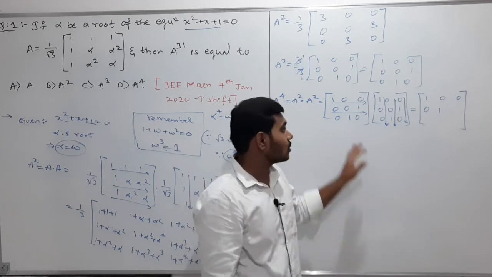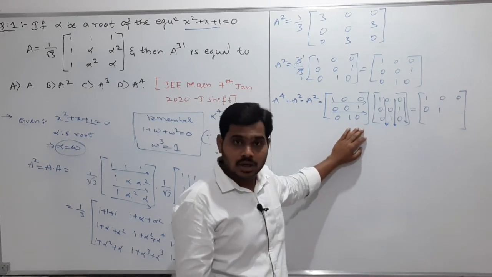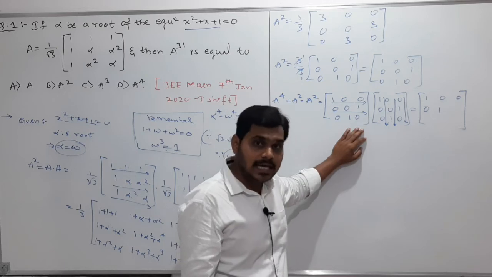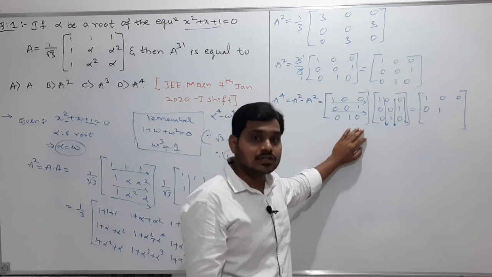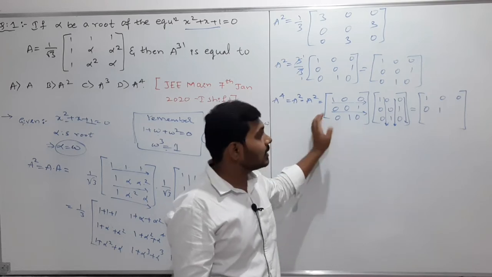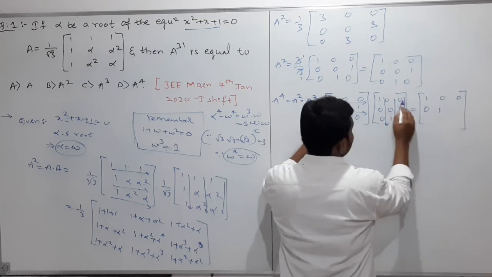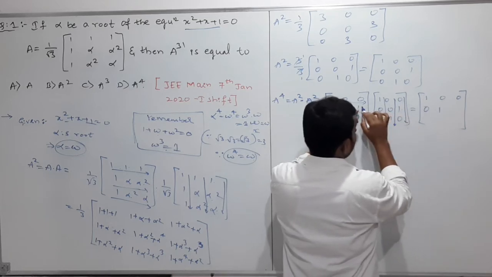Clear? You should also solve like this only, because if you try to solve by the usual method, how will you solve it in the board examinations? That takes more time. So therefore better you should multiply like this. Clear? And next, second row, third column: 0 into 0, 0, 0 into 1 is 0, 1 into 0 is